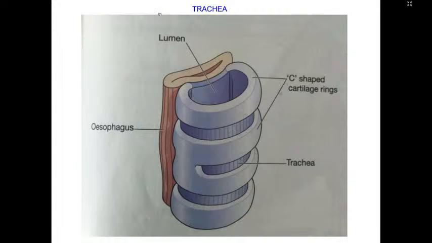And this is again a structure, this is the esophagus. You can almost feel it is like a cycle tube. It's rubbery, elastic, the esophagus. When the food goes, there will be peristalsis. The food will go down the esophagus. And this is the trachea, and it is patent. This diameter is maintained by these tracheal rings. Posteriorly, these cartilages are absent. See this absent out here. And these are C-shaped cartilaginous rings.